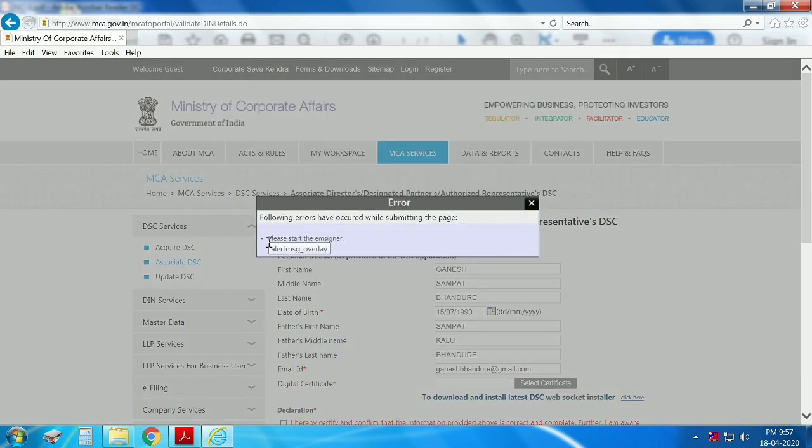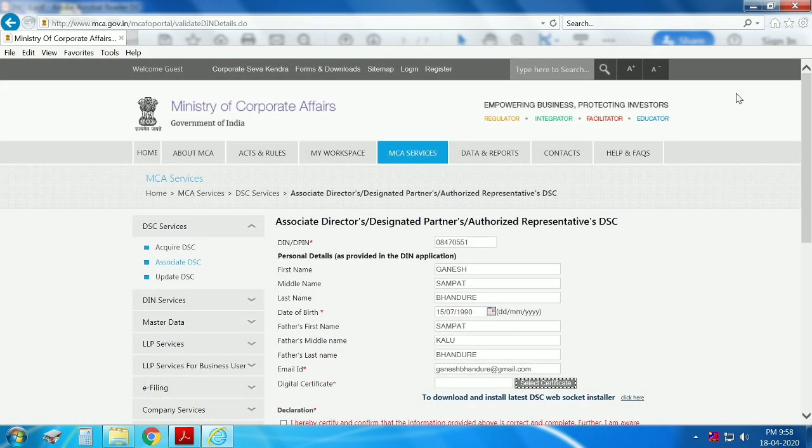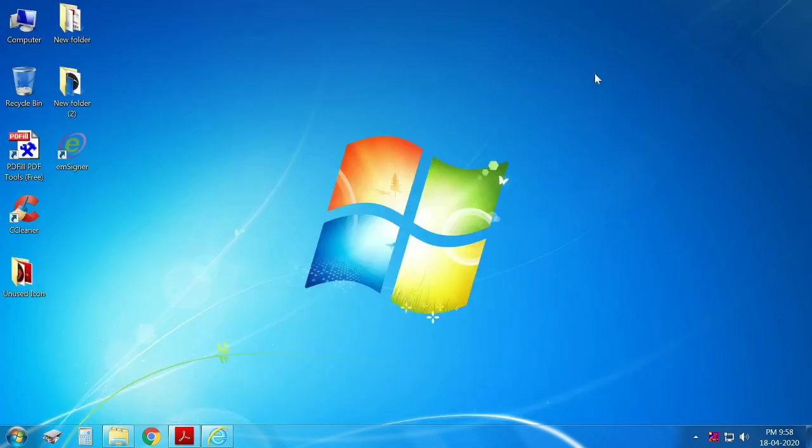It is giving the error that please start EMSigner. We have already installed EMSigner, so many professionals face this same error after doing all the DSC settings. So we have to start EMSigner.